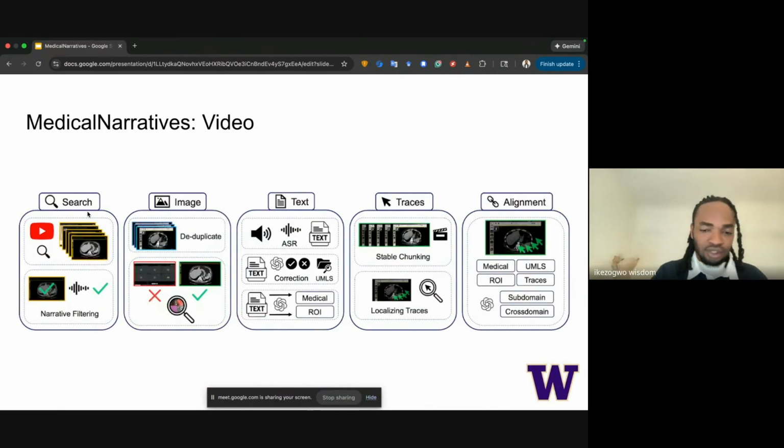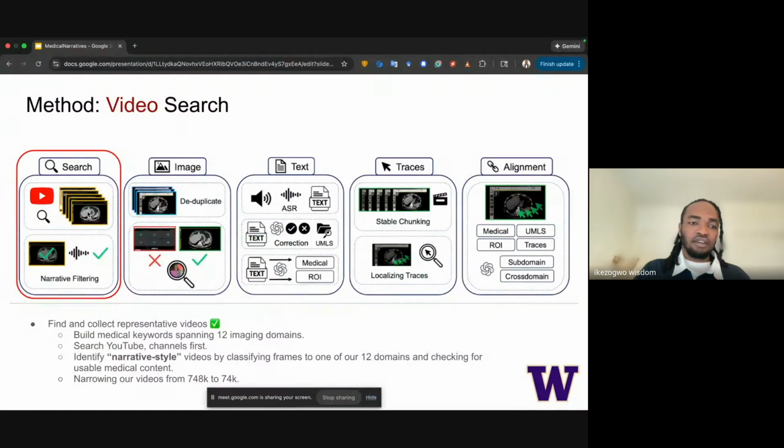So I'm going to go now into the specifics of how we curate the data. I'll start with the video pipeline, which has 5 stages. First, we search and filter for narrative style videos using a suite of domain classifiers. For search, we built a database of medical keywords spanning all 12 domains.